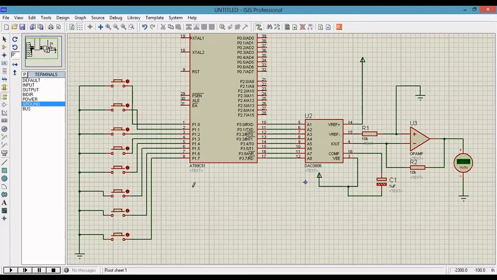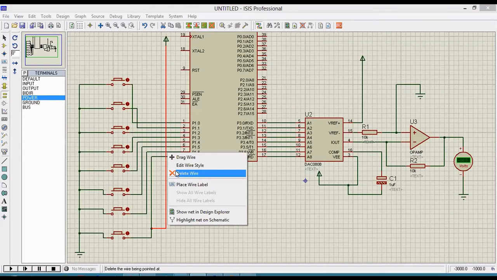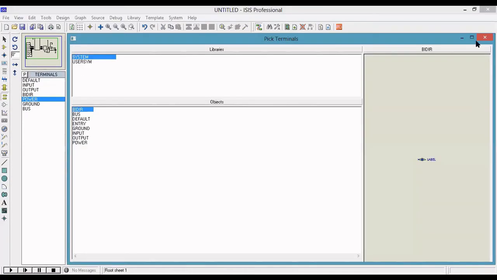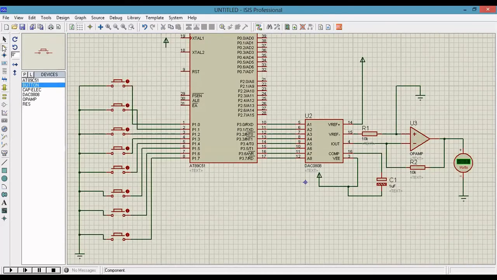Next I am going to use resistors and a power supply. So take power. I have to connect a resistor between this and the power supply. So go to pick from libraries, or first you have to select the component mode. Next one is the resistor. So I need 8 resistors.